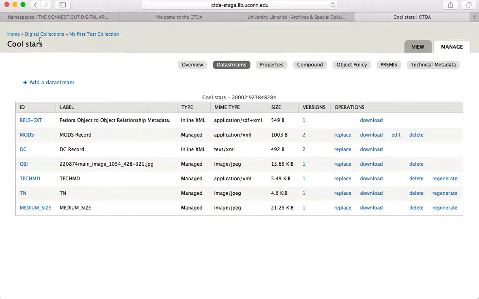Now notice that this cool stars has what are called a lot of data streams, or just a lot of pieces of information. And all of this means is that cool stars can be described by where it fits into the repository, how you select to describe it, which is then pushed out to other discovery services such as ResearchIt or DPLA. Of course, your original digital master, which is preserved through two derivatives in this case, as well as